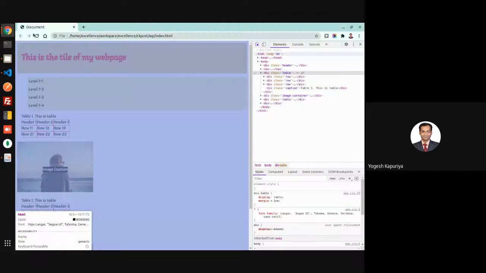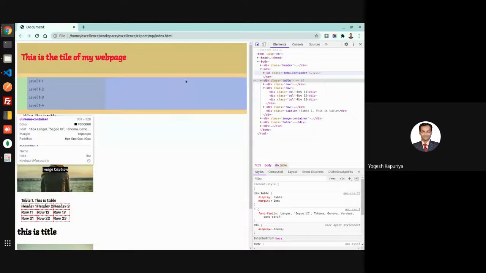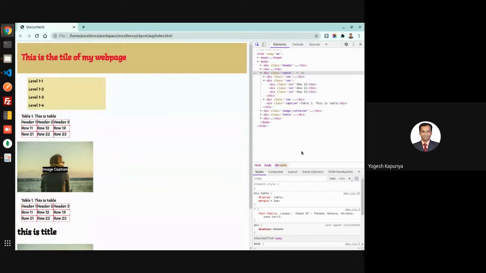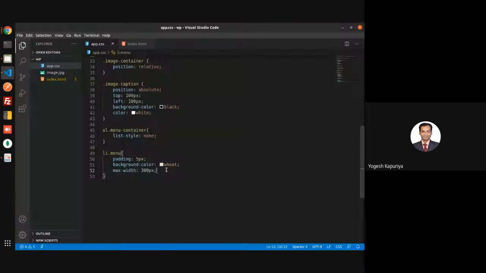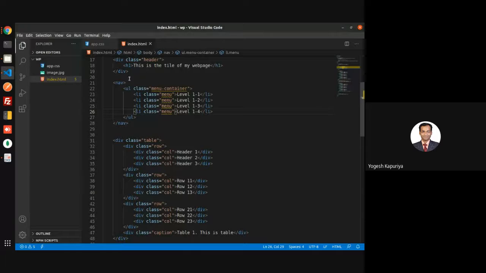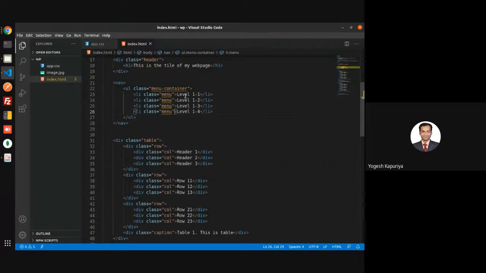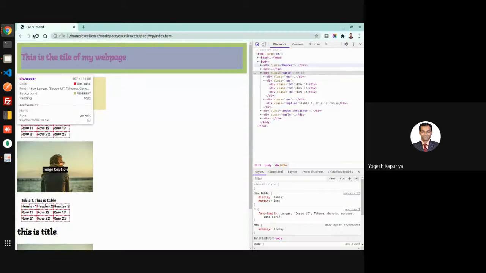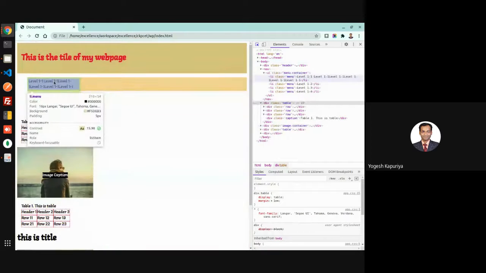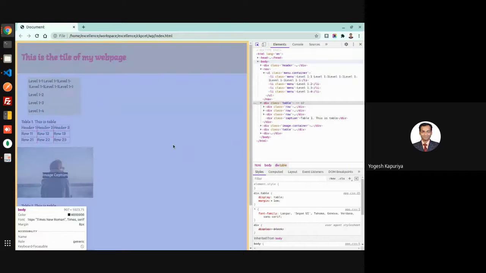I think you require min-width as well. Fine, no, you don't require it. So max-width is 300. That means it will not go beyond 300. So if your text is, let's say, 200, and if your text is beyond that, then it will go into a new line. Right. So now you see it goes into the new line.